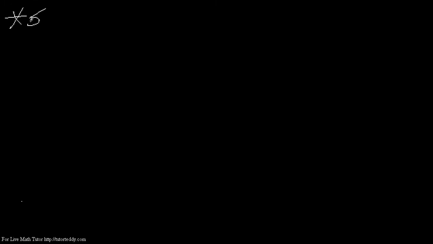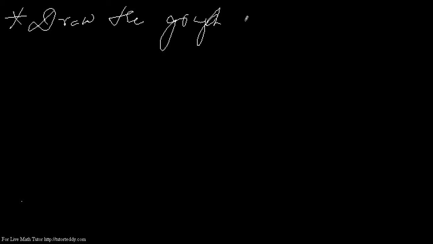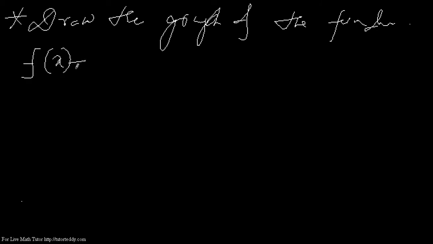Suppose you have to draw the graph of a function. Let's take the question: draw the graph of the function which is f(x) equals x square. Now the first thing we do is we write it as y equals x square, and